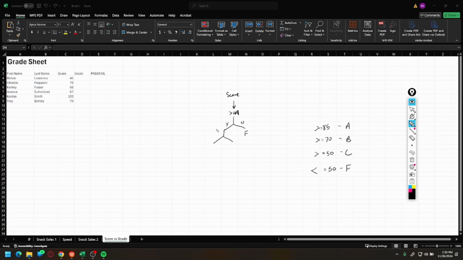Is it greater than or equal to 50? Yeah? No. If not, then you're getting a C. If yes, check again. Is it greater than or equal to 70? No. Then that's a B. If it's a yes,